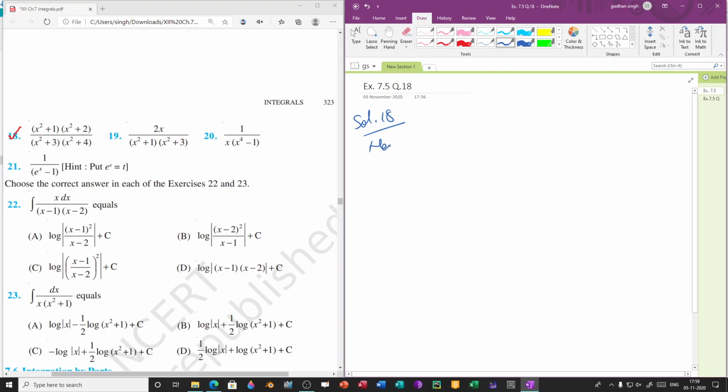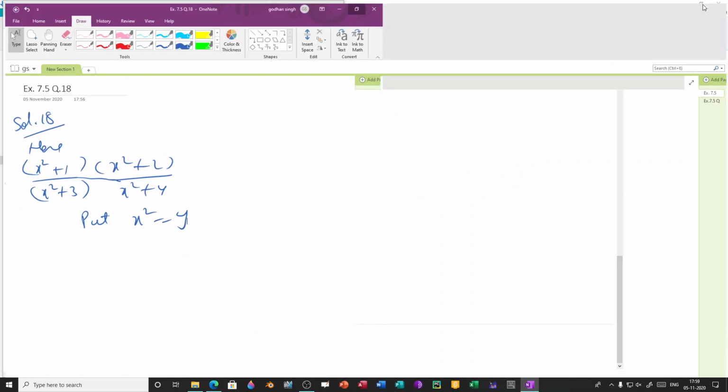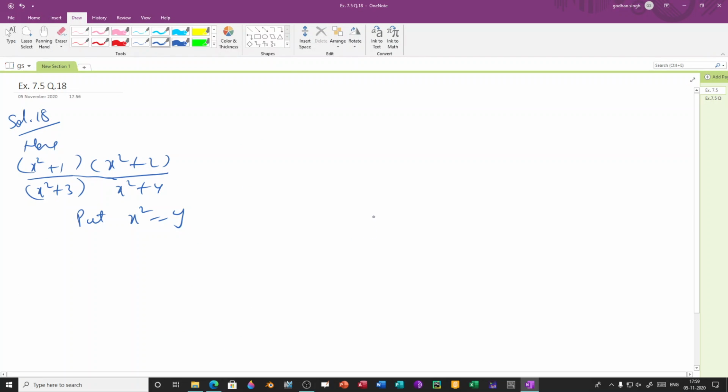So here x square plus 1 over x square plus 3 into x square plus 2 over x square plus 4, this whole is only one fraction, so putting it in brackets, and for this put x square equal to y. So we'll put x square equal to y and solve it in the same way as we did question number 15. So putting x square equal to y, therefore we have